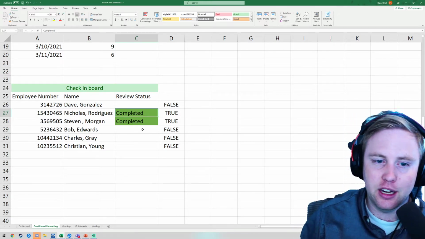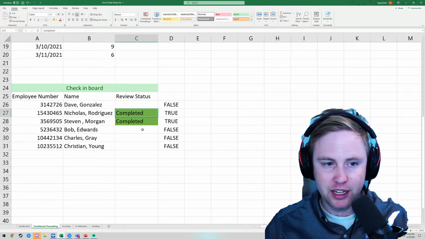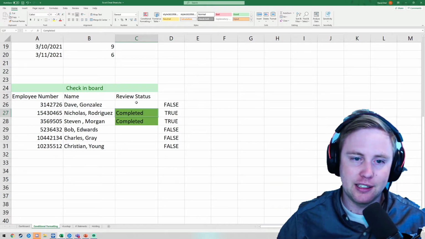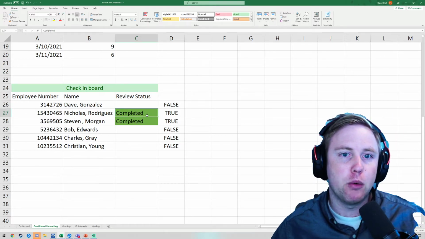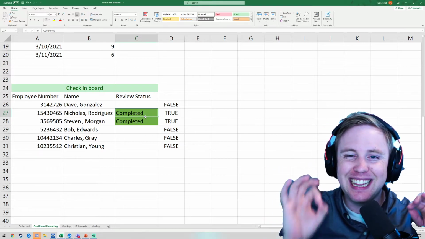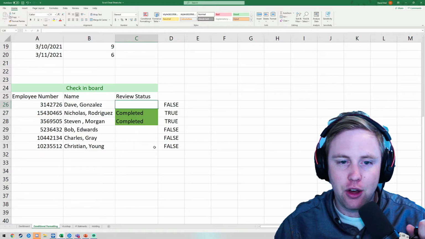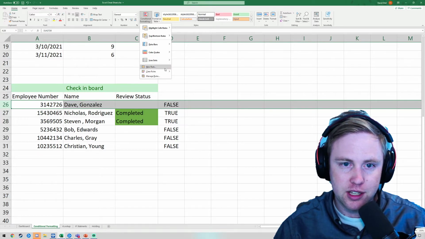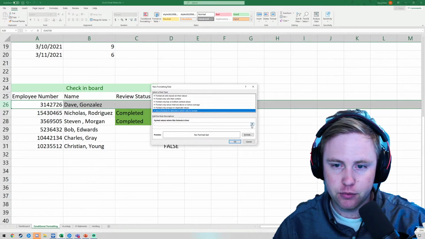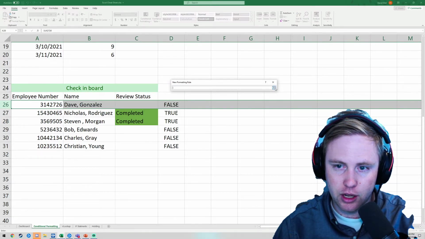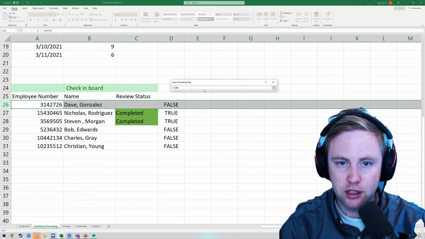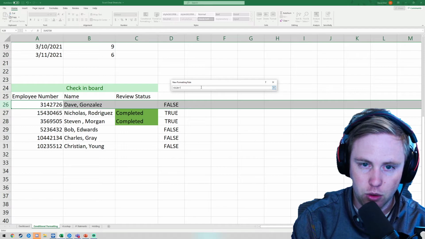Now, the next thing is some people say, well, hey, I want my conditional formatting to span across the whole row or the whole column. I want to be able to drag that down. You can do the same thing. Just remember, when you write your conditional formatting, it's applying the condition to the cells that you're selecting. So if we select the entire column, and then take our conditional formatting, we're going to say new rule. We're going to do formula. We are going to write it. I like to hit the little up button, which brings it to a small view. Equals, if this cell, get rid of our $ lock, is equal to "completed",